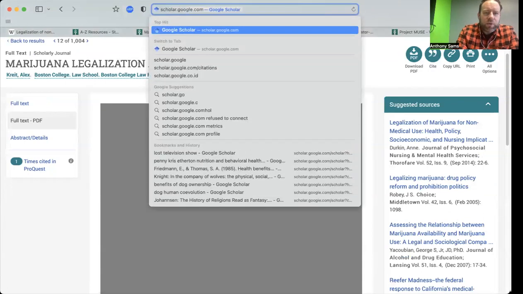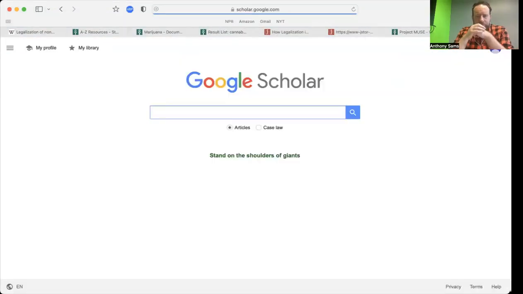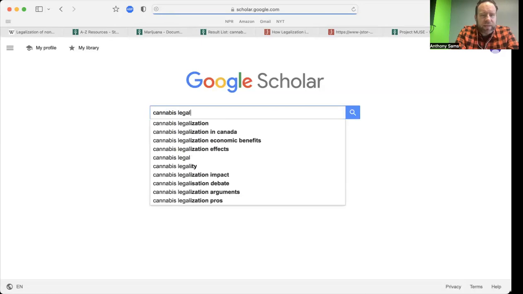Now I'm going to go to Google Scholar. Google Scholar is a great resource that's housed outside of our library. You can find it at scholar.google.com. It essentially uses the search algorithms of Google, but returns only scholarly articles or book chapters. So if I say cannabis legalization,